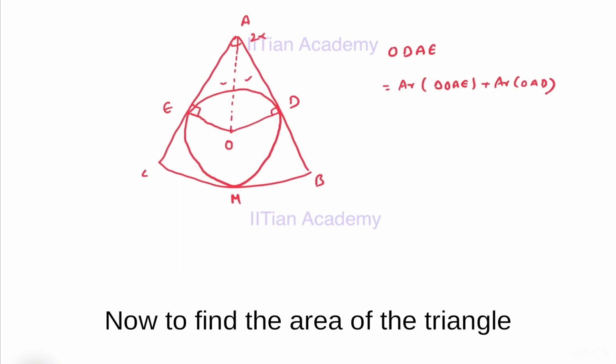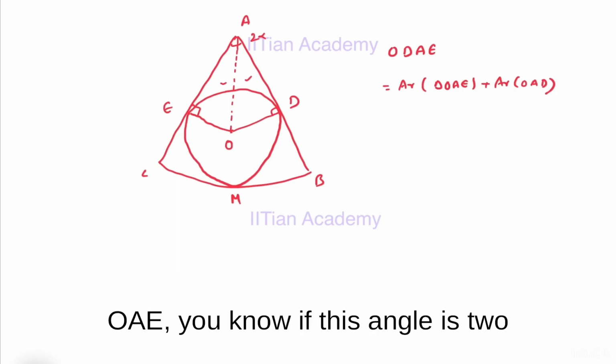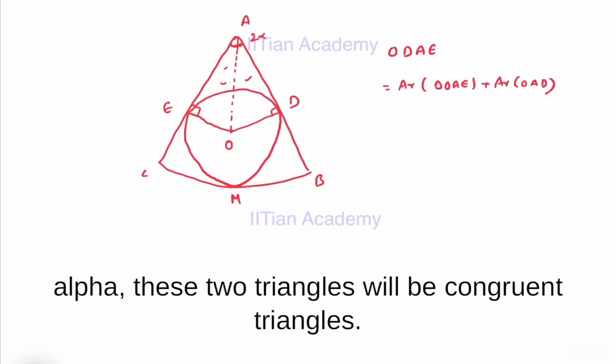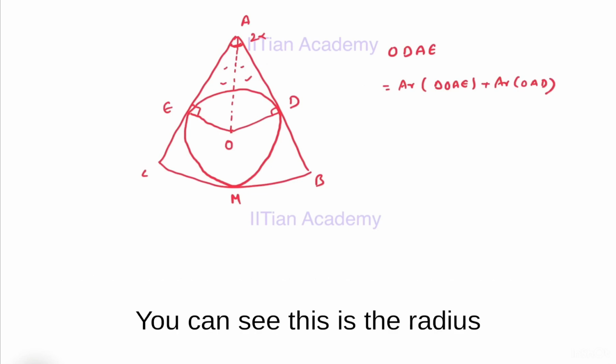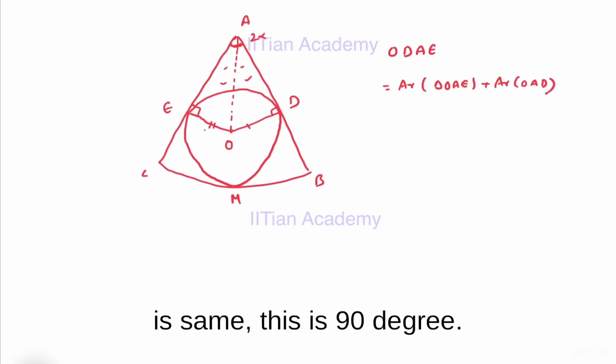Now to find the area of the triangle OAE, if this angle is 2 alpha, these two triangles will be congruent triangles. You can see the radius is the same, this is 90 degrees,